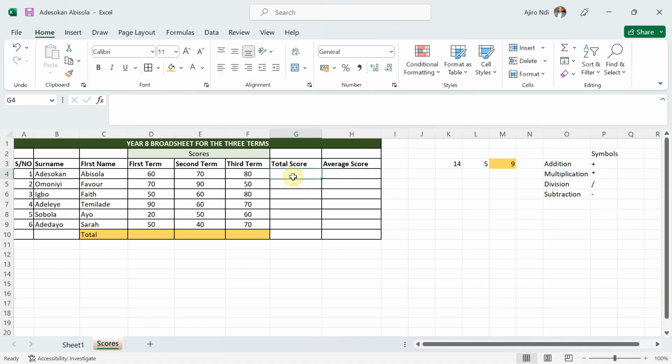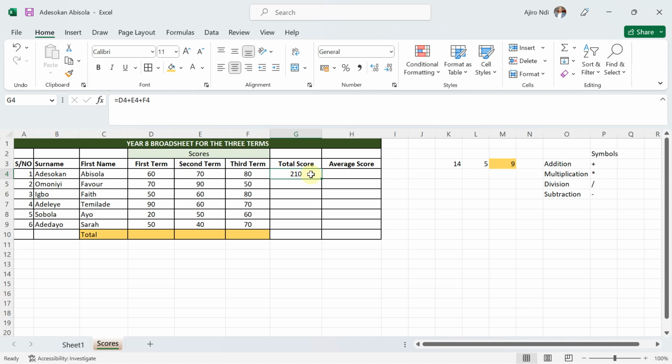Now, to find my total score, I'm going to use a function. You can use a basic addition by doing equals to the first one plus the second one plus the third value, and hit enter. Okay, I'm just going to format this to center line. And it works. But if I want to use a function, it will still give me the same thing, but function makes it more fun and more cool,